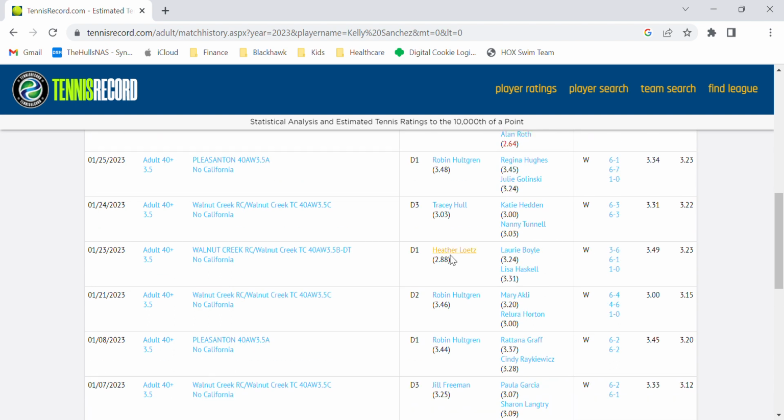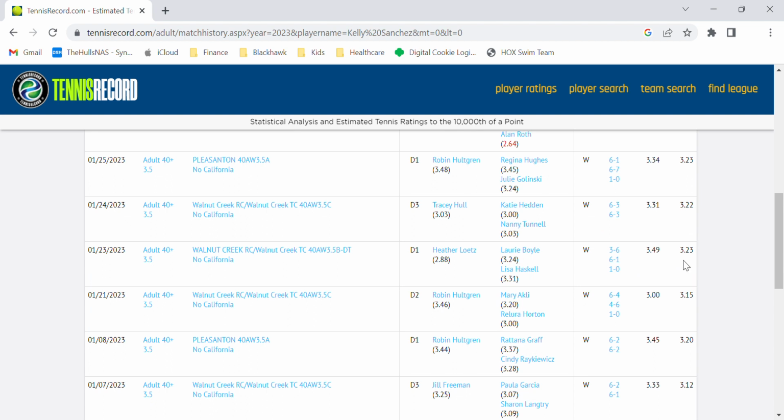But the overall dynamic rating did drop even though it was a win. Okay. Again, the next rating here, we can see she played with a 2.88, which is a high 3.0. But they played against 2 very experienced 3.5 players. So a 3.15 and a 2.88 playing against a 3.24 and a 3.11. And even though they won in a third set tiebreak, they won. They weren't expected to win that match. So because of that, again, that match dynamic rating just skyrocketed, but her overall dynamic rating went up as well